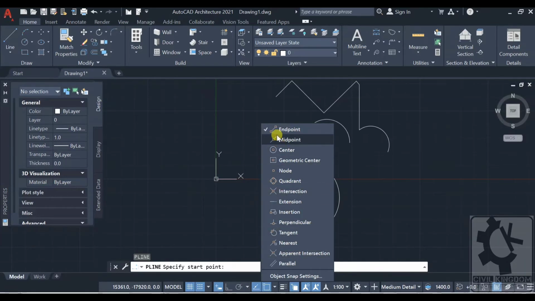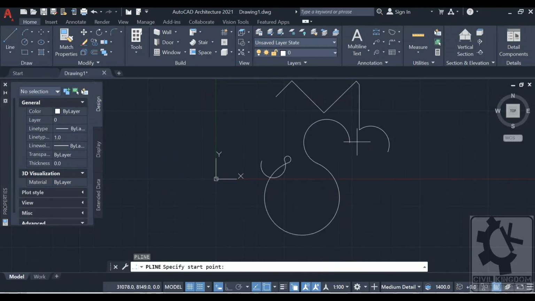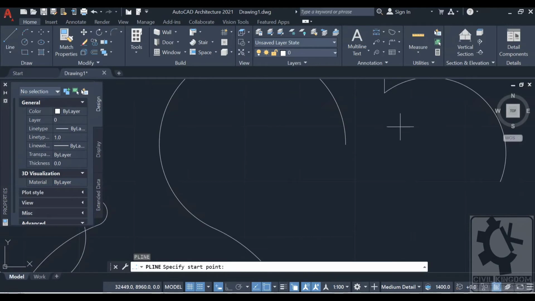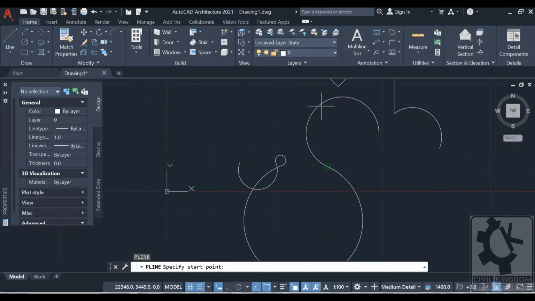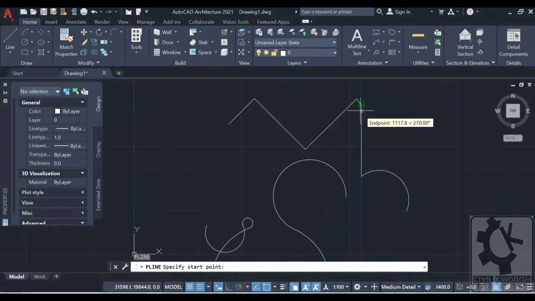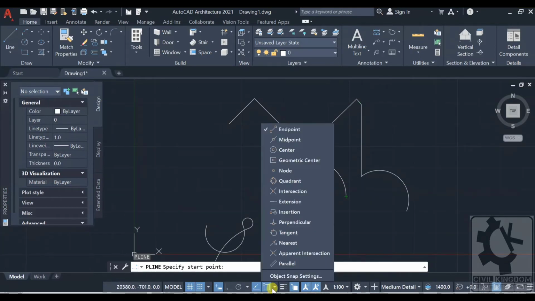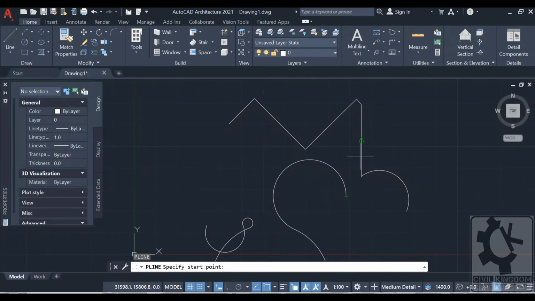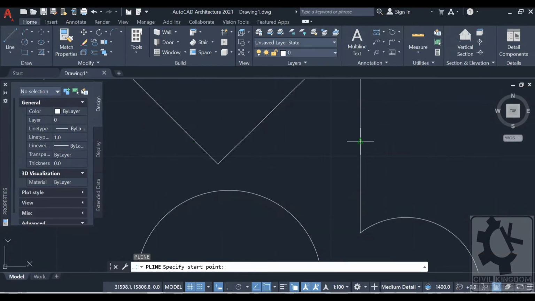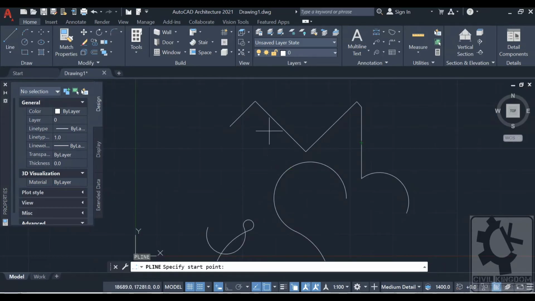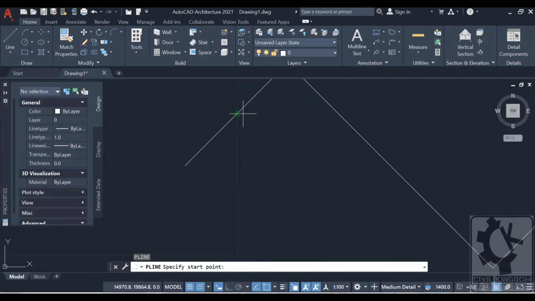So as I have selected the endpoints, it is now showing only the endpoints, not the midpoints. Only endpoints are showing. If I select the midpoints also, now it will show the midpoints, but in a triangle shape. It helps you to connect exactly at the point,